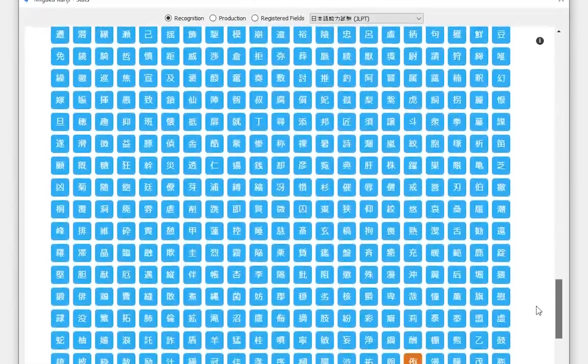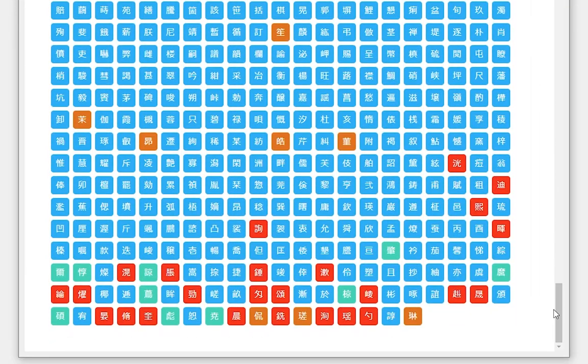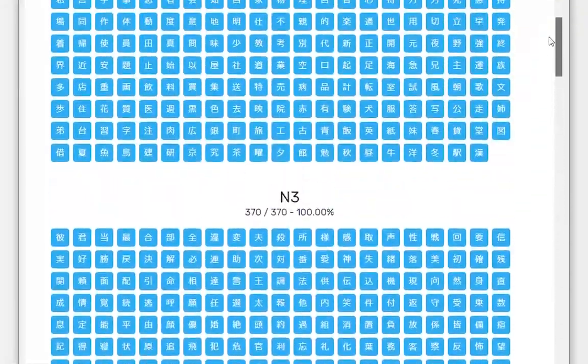The next type is this light blue, and this basically means you have a card for this kanji, you also have it already learned, but the interval isn't over 21 days, so it's below 21 days. The next one are those orange ones, and that's basically you have a card, but you haven't learned it yet. And red is you don't have a card, and you also haven't learned it yet, obviously.